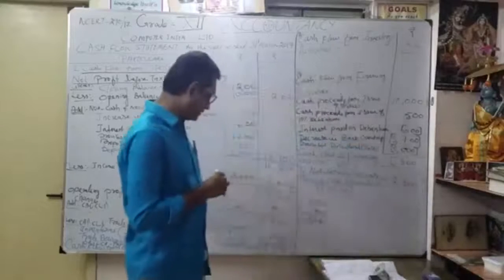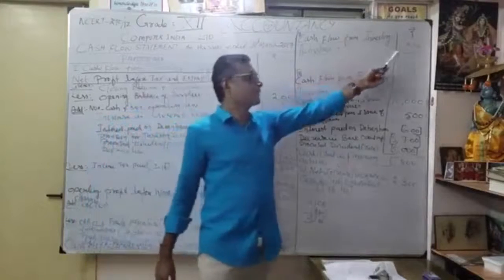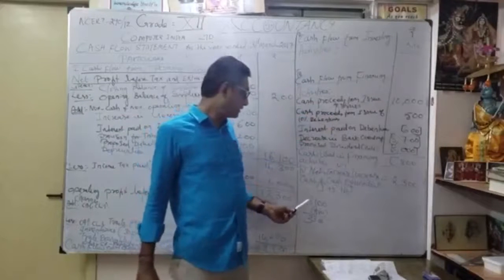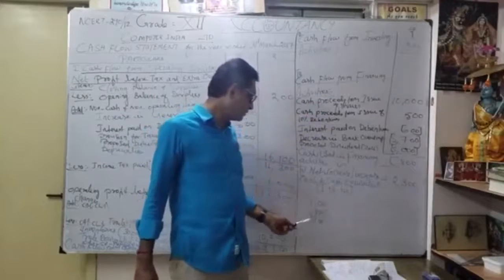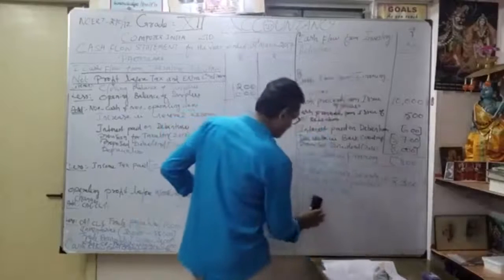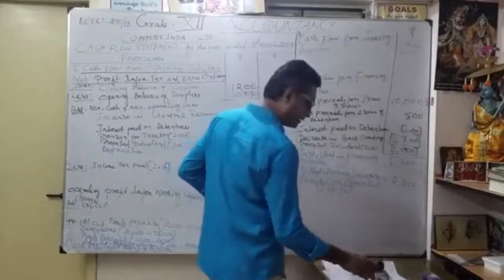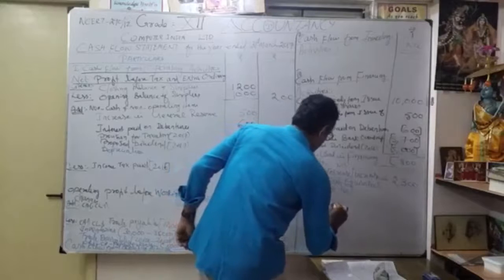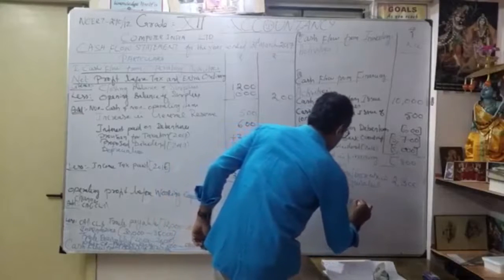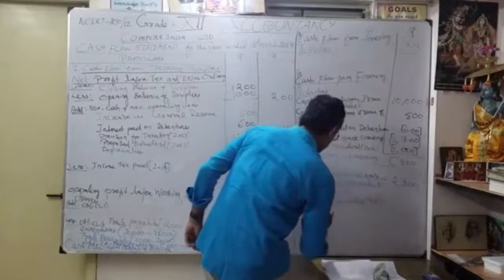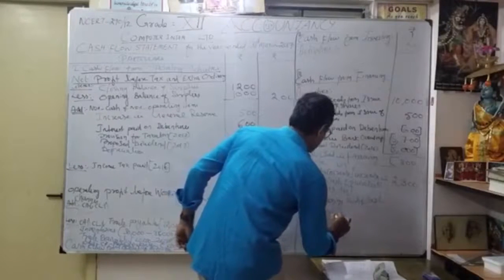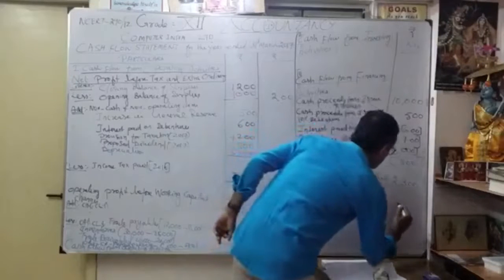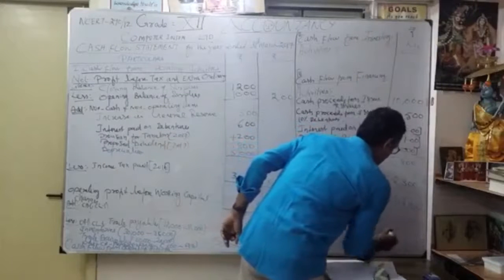So operating activity is 3,100, there is no investing activities, nil. Our financing activities are just 800 cash outflow. Then finally we get net increase in cash and cash equivalents, how much? 2,300. Have you understood? Then we know what is next. Going to add opening cash and cash equivalents. How much? See in our book, 1,200. So what is our answer?